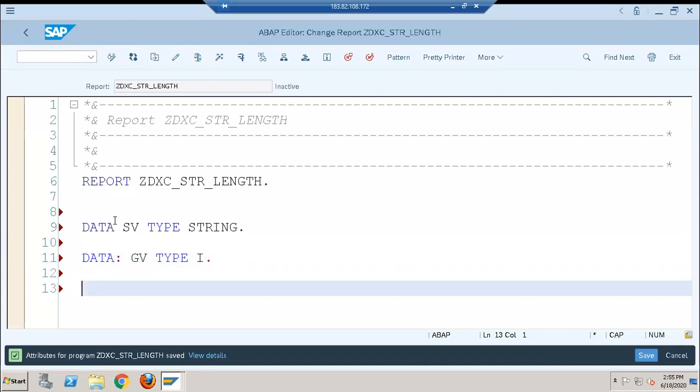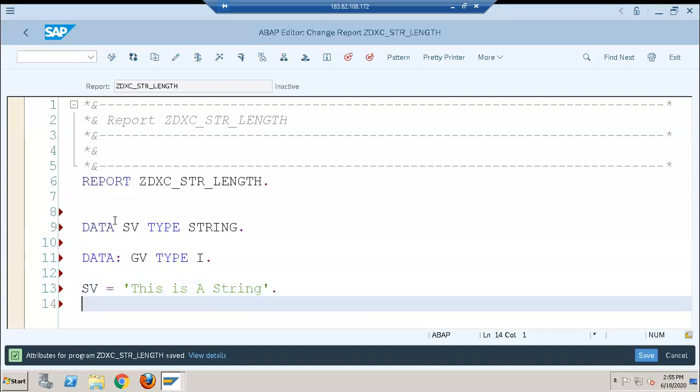So we have SV equals to, we'll give something like this is a string. This is a string, and I'm just giving some value.